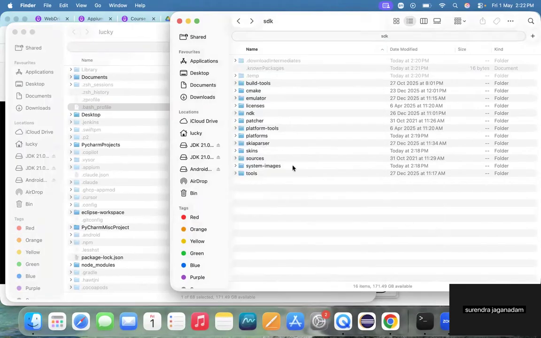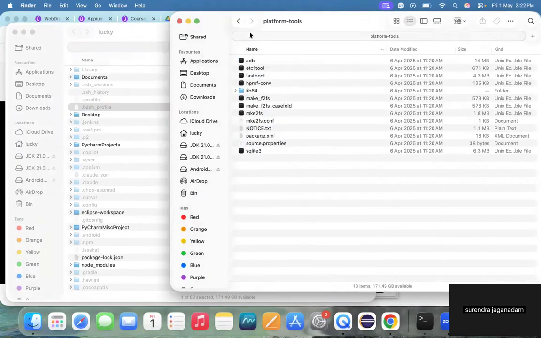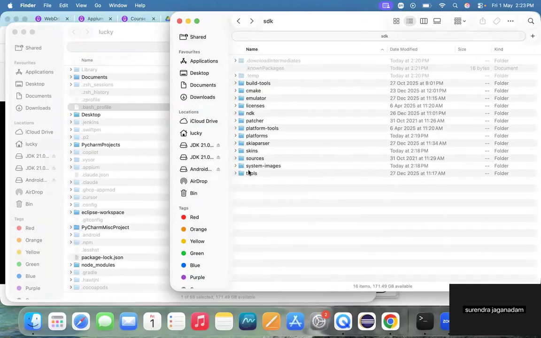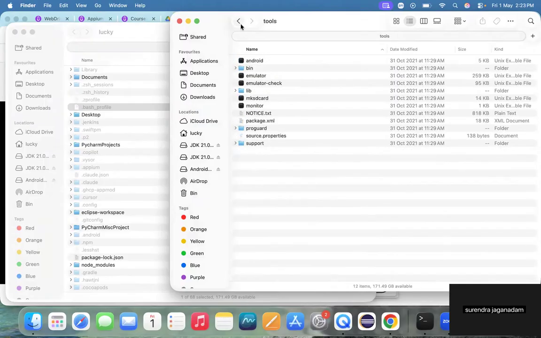So if you observe here, there is a platform-tools, right? And here there is a tools. Okay, in this there are tools basically. So we need to specify both the paths. So here Android home,